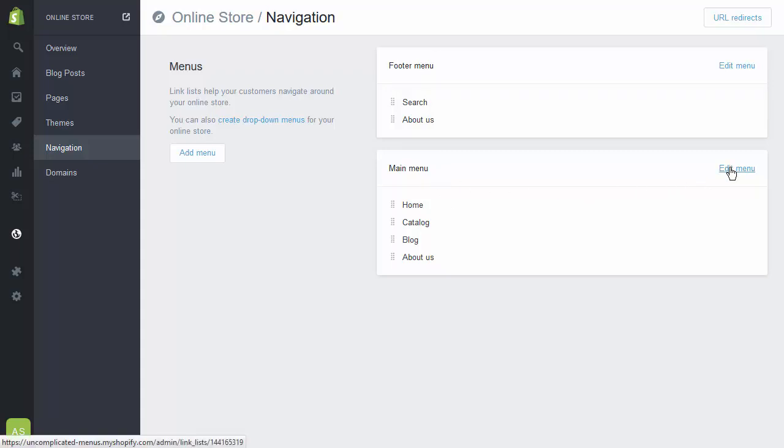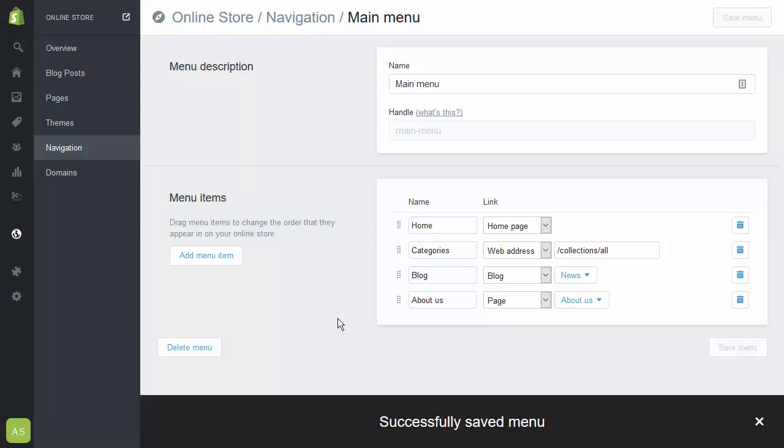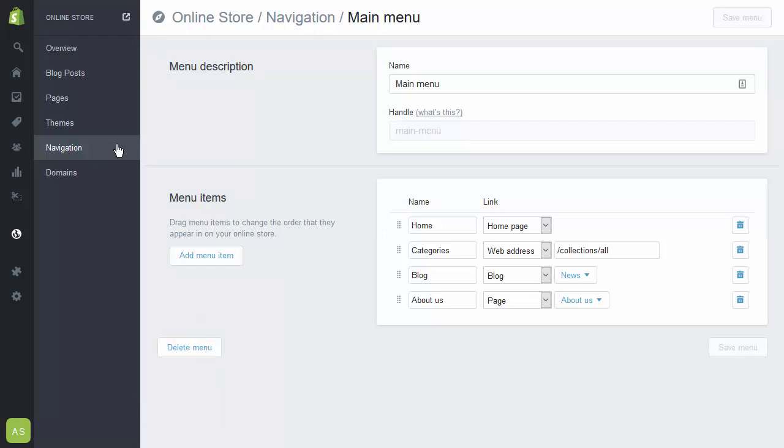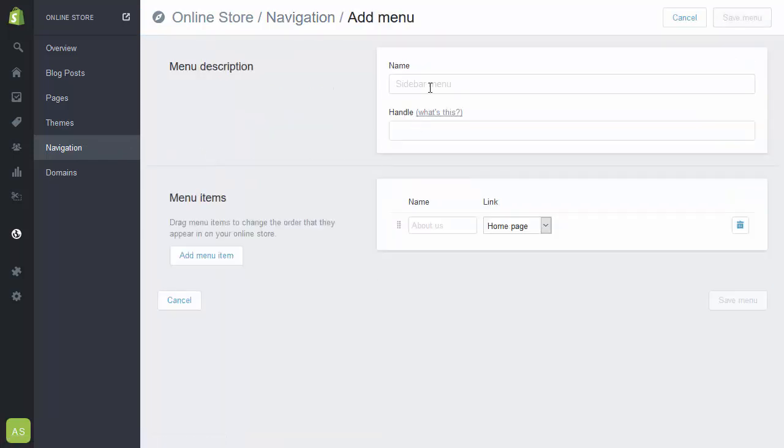What I'm going to do is edit the main menu and start setting up a structure for my categories. At the top of that, I'm going to create an item, categories. Shopify has a feature where if you create a menu which has the same name as a menu item, it allows you to effectively create a submenu. So if I add a menu and give it that same title, categories, and I'll put a few items in here, such as photography,